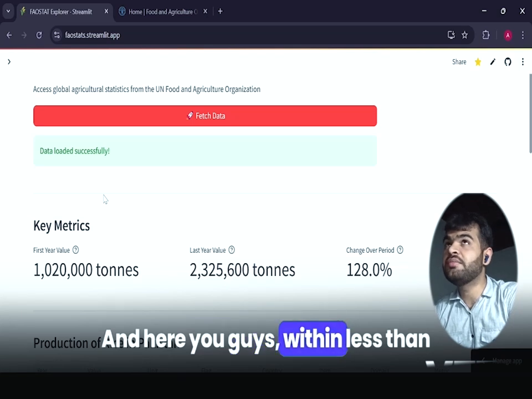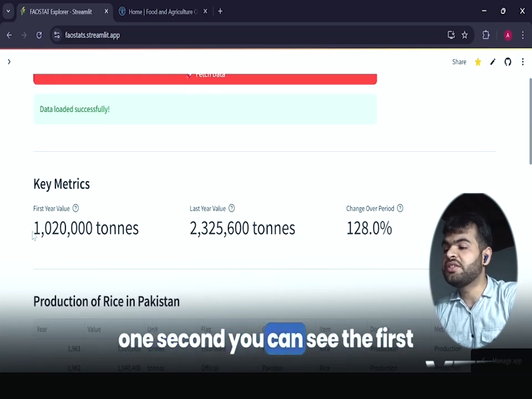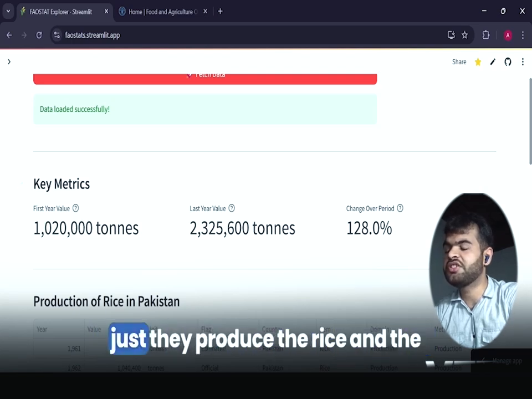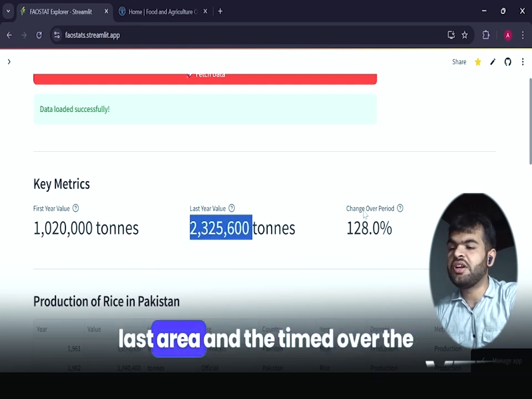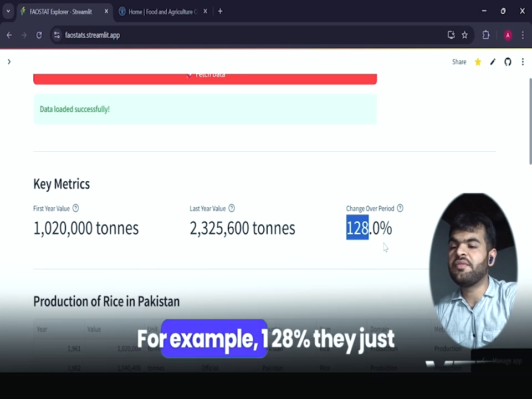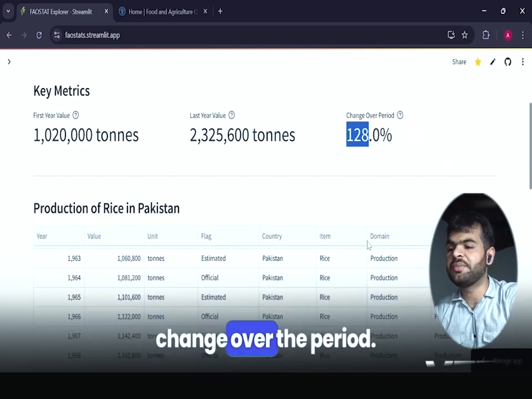Within less than 1 second, you can see the first year, 1961, how much tonnage they produced of rice, and the last year, and the change over the period. For example, they changed 128% over the period.